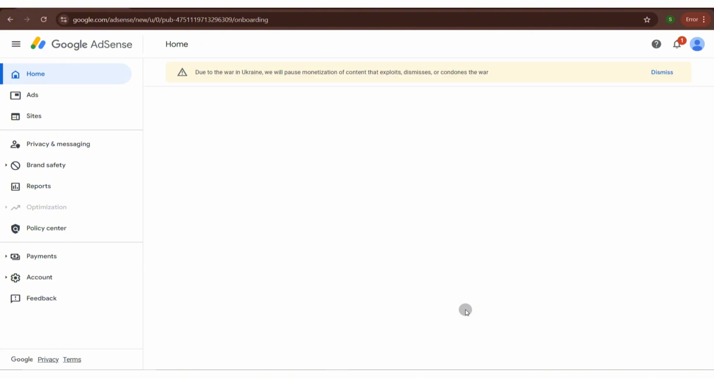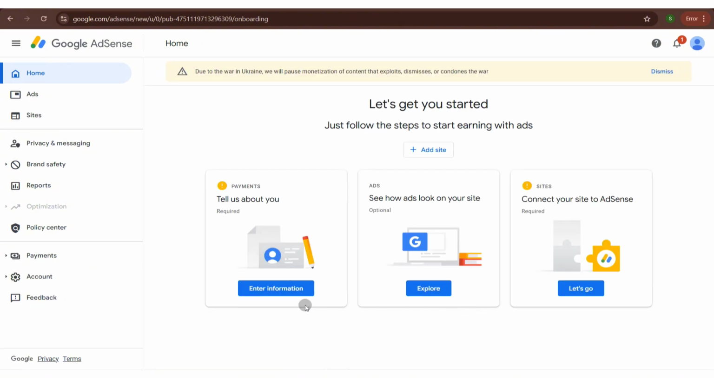Now in this section, you'll need to set up your account further, entering your information for the first step, and this concerns your payments. You need to set up how you want the ads to look like on your website and connect your site to AdSense. Now once you have these three set up, you are good to go. And that is how you can simply create a